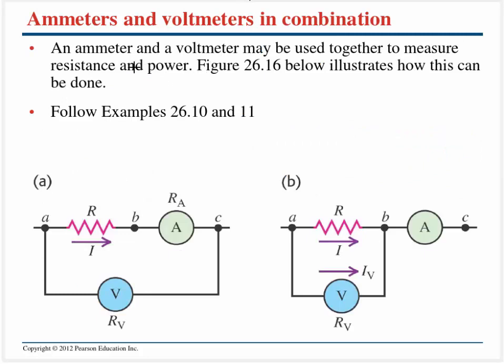We can use these together to measure current and to measure voltage. From that we can calculate resistance and power, and in general this is the preferred method to do it. You just measure the potential across your load and then you measure the current coming out of it, rather than measure the potential from there to there, just in case the ammeter has any resistance that's messing up your